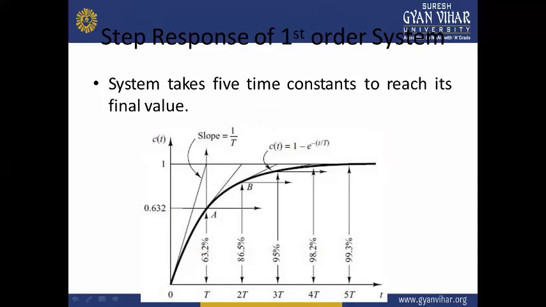Now, as we increase the time constant from T to 2T to 3T to 5T, we are getting the time constant slope as shown by this one. If we draw a tangent from this location, we get this slope. If we draw the tangent for 2T, we get this slope, and so on for 5T. So in this case, when we take the slope of 1 by T, for a time constant of T, we are getting a response of 63.2% and the error is large.